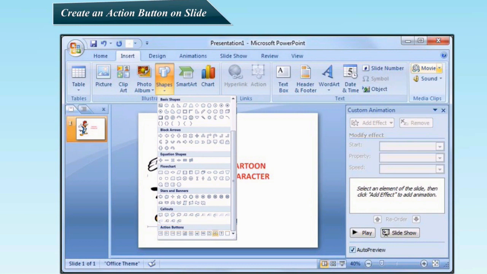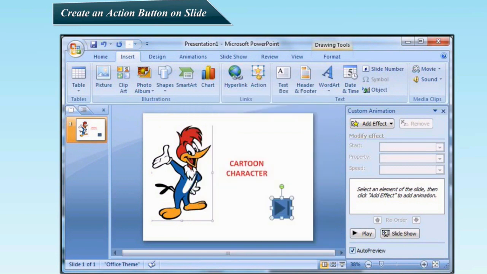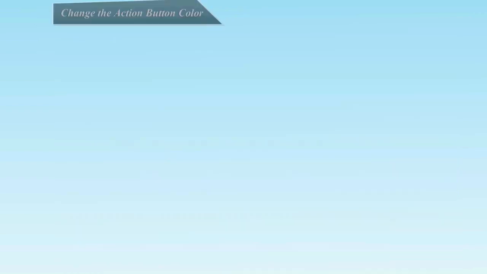Then you have to drag your mouse on the screen to get the button. As you draw the button, a dialog box will appear. Okay, understood? When you release the mouse button, the Action Settings dialog box will come. Make the settings whatever you want, then press OK. And then you can see the button is created.